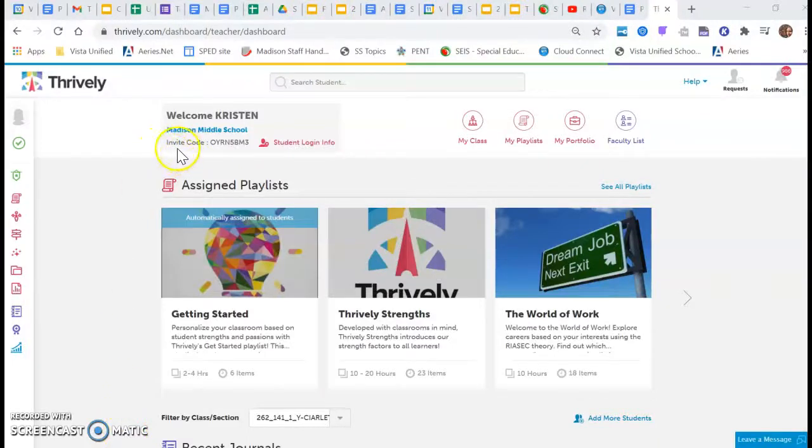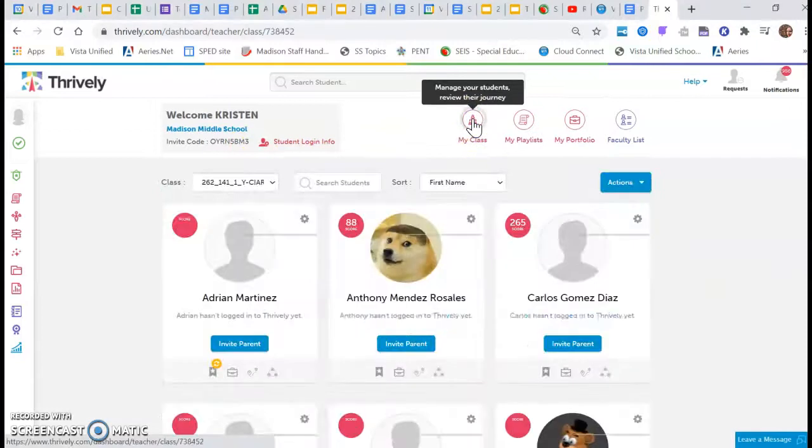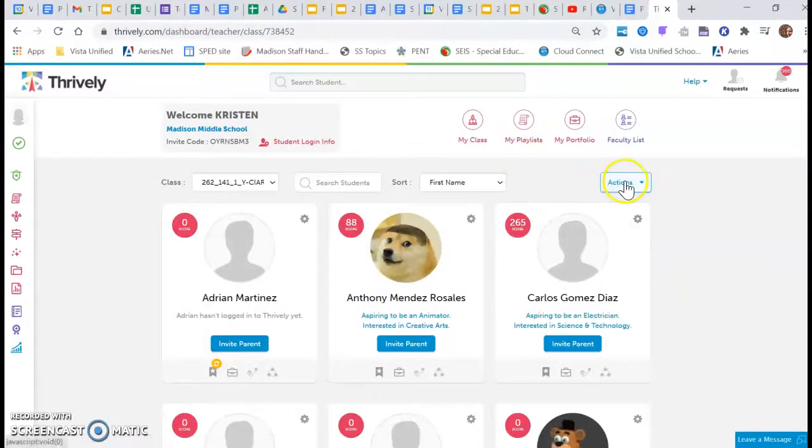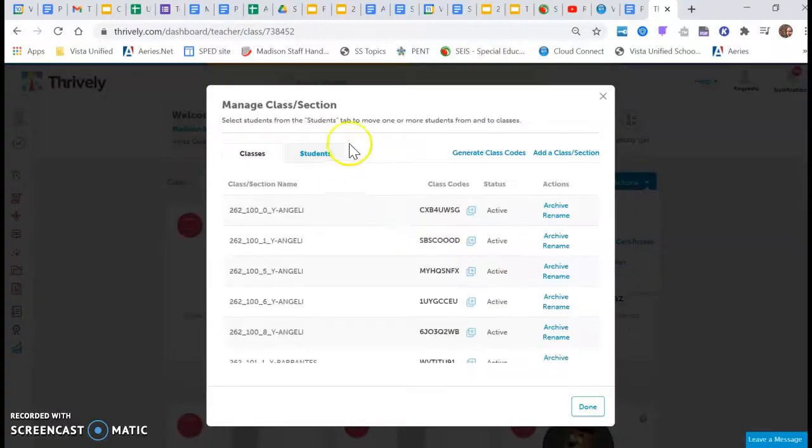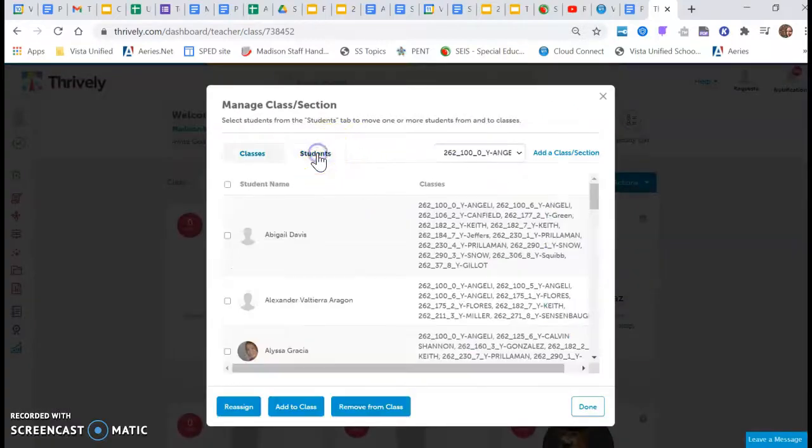So if you have students who tried using the invite code, but it says that they're already a part of your class, however you don't see them in your first period, what you want to do is go to My Class, Actions, Manage Class, click on Students,